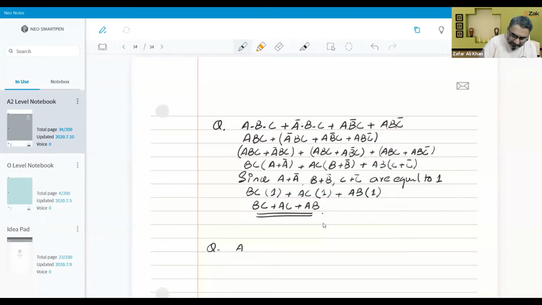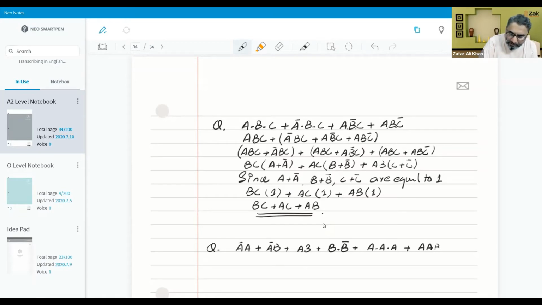A into A plus A into B plus AB plus b into b naught plus a into a plus a